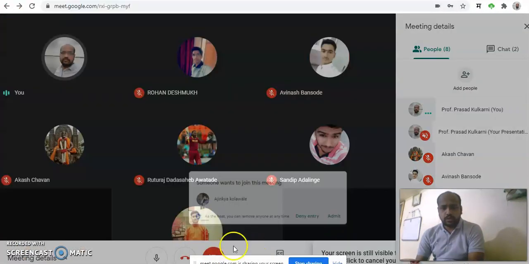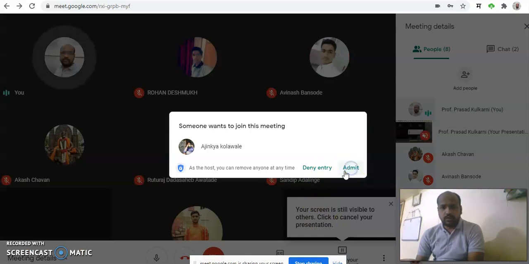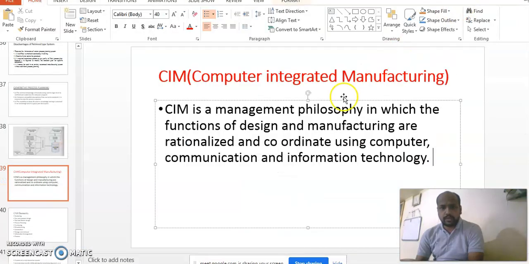There we have to use softwares like SAP, CATIA, ProE, ANSYS. As per the requirement of the task, we have to implement a software in CIM. So CIM only works by using computers.